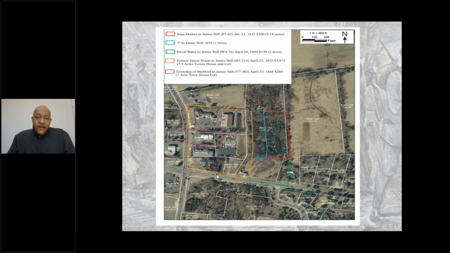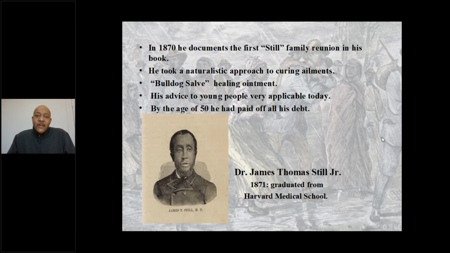This is just a quick photo of an archaeologist who did some research on Dr. James Still. It was part of an archaeological dig a few years ago. And this is just some of the property that he owned surrounding his home. His home was here. This is his office today. At the time of his death, he owned about $50,000 worth of property. Also in 1882, he notes in his book,